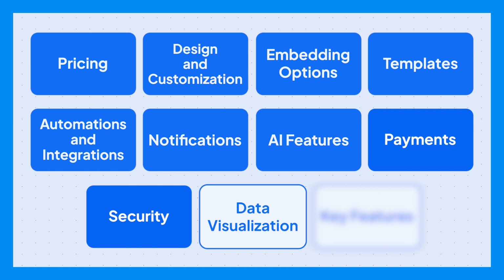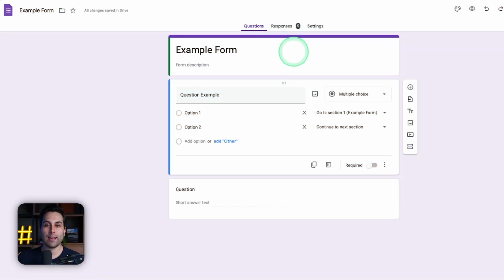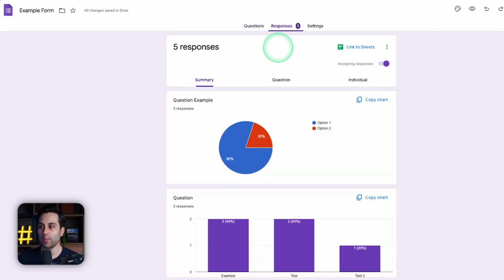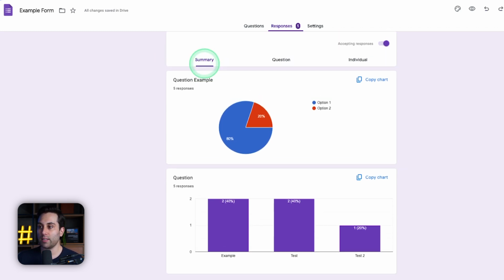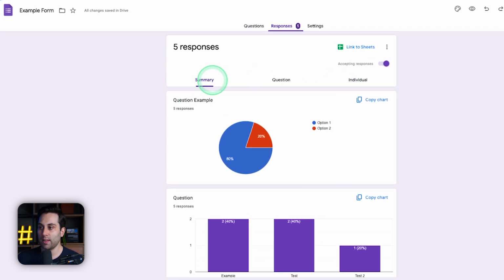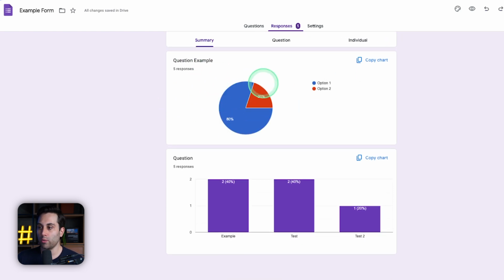Now let's talk about data visualization so you can actually visualize who is answering your forms, submitting information. How does that look like in Google Forms? In Google Forms, to visualize the responses you've got on your form, you can click here on the Responses tab, and it's going to be very simple and straightforward. You're going to see the total amount of responses you've collected with your form, and here you will have a couple items. The summary view will show you graphs